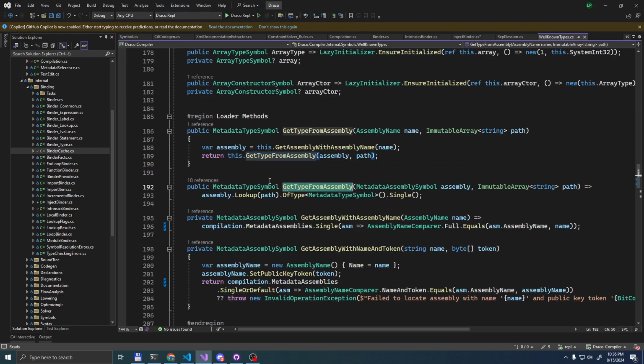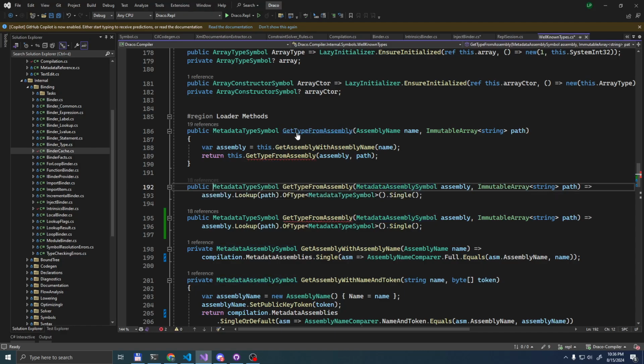These are all looking for types. I wonder why. I wonder if we can do just to get symbol from assembly. But even that, we need the assembly here, which I'm not a fan of. I don't want to care about the assembly. We do have the fully qualified names, so technically we can look at the module.